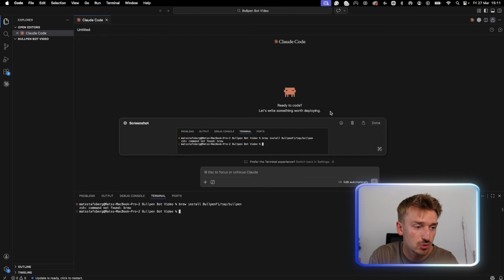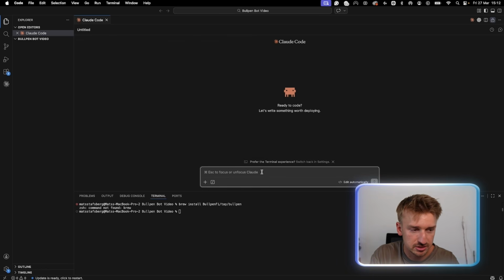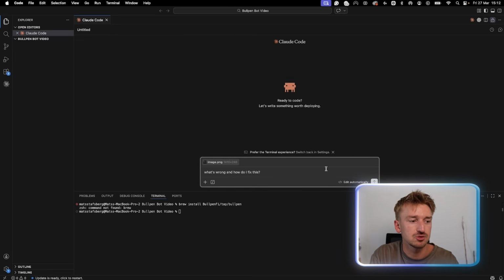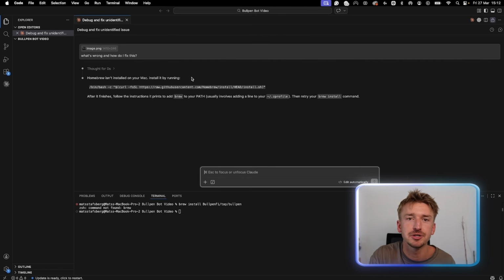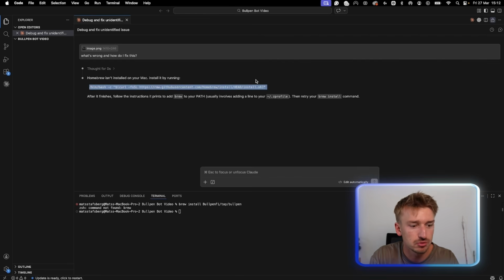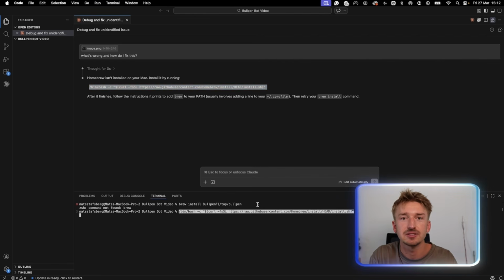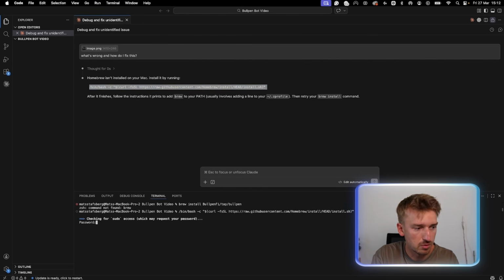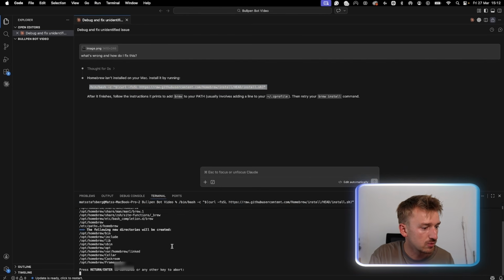What I like to do whenever I run into these issues using this layout is basically just copy paste the error message, just paste that into Claude Code, then I'll just write what's wrong and how do I fix this. Because Claude Code is great for troubleshooting and it will tell you exactly what commands to run to basically install homebrew. So I will just copy paste this command and paste that in the terminal. It'll then ask for my password, just add that, and it will be installing homebrew in my terminal and on